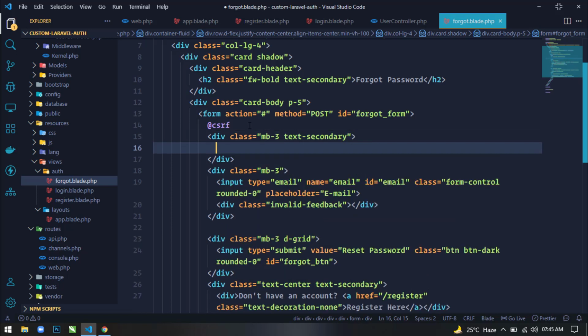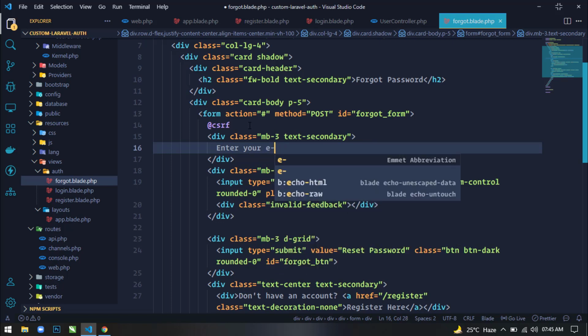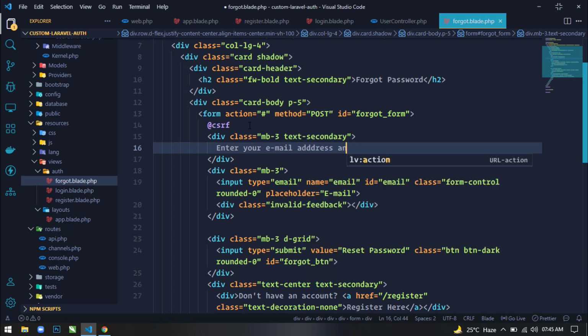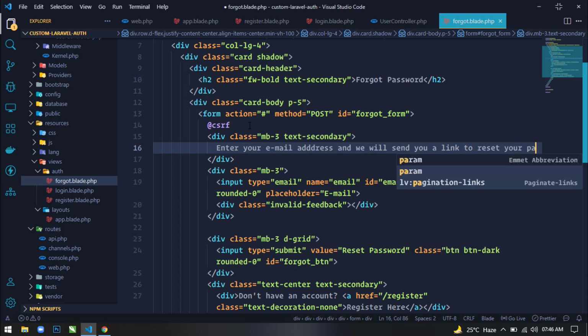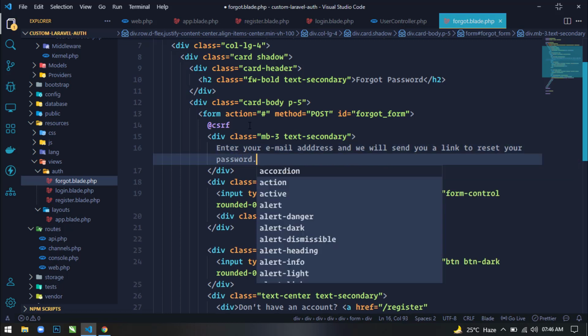Okay, now inside this I will write: enter your email address, and we will send you a link to reset your password. Okay, just write this message,